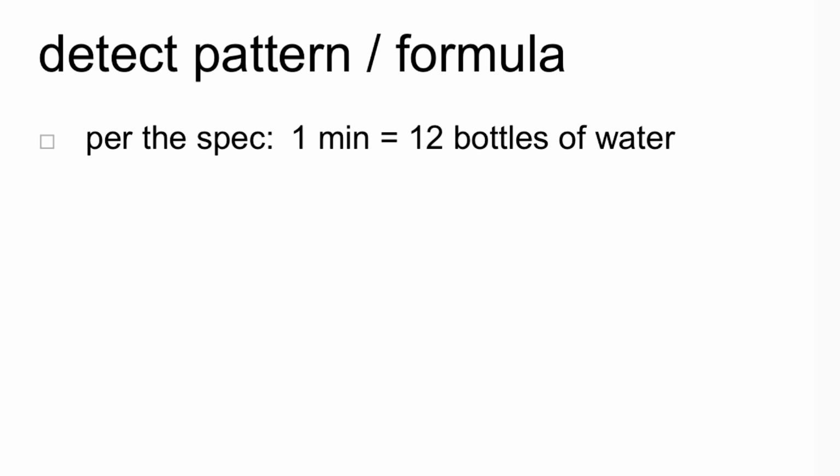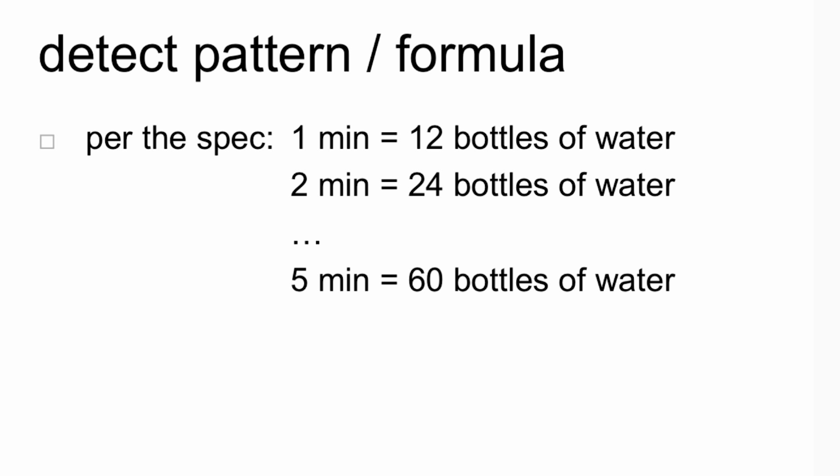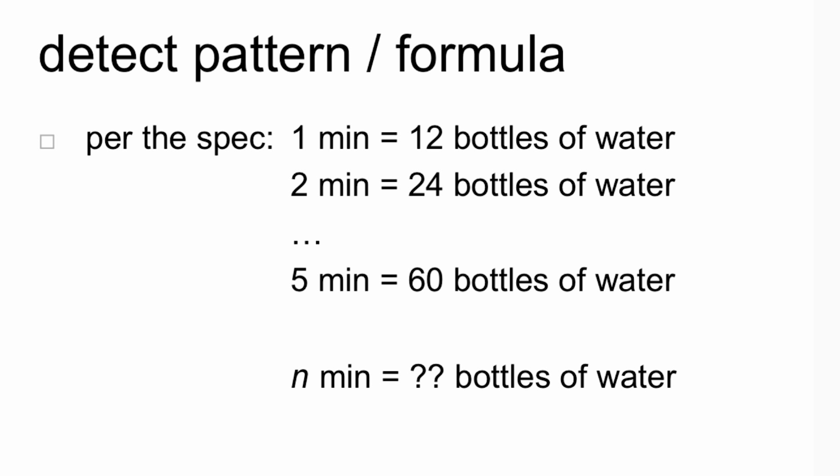for the problems. So we're told per the spec that 1 minute in the shower is equivalent to about 12 bottles of water. So then 2 minutes would be equivalent to 24, and 5 minutes would be equivalent to 60. So now if you think you've got it, then let's see if you can come up with a pattern or a formula to express if we have, say, n minutes, how many bottles of water would that be expressed in